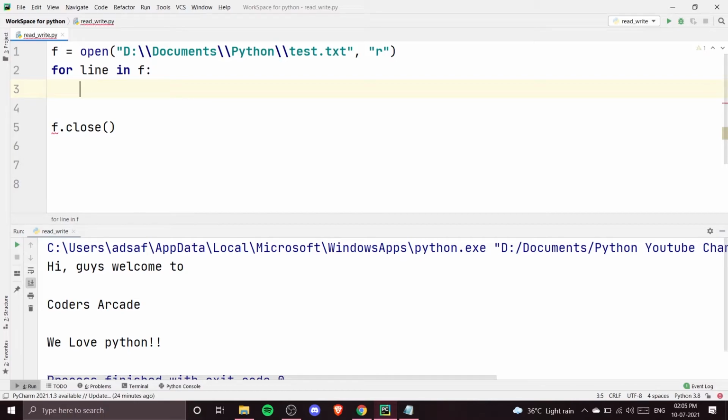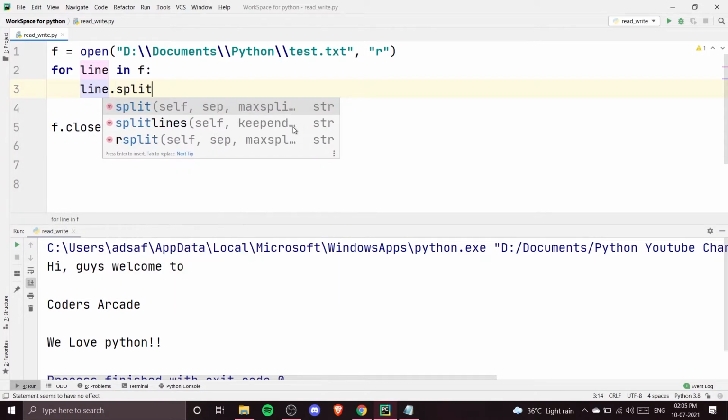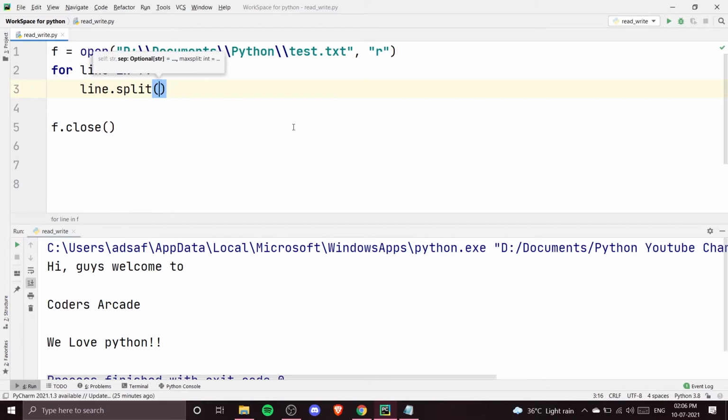I'm going to write here line dot split, and using this line dot split we are going to split each and every word from the white spaces. Inside the parameters, I'm going to give one white space, and this is going to be saved into our token.